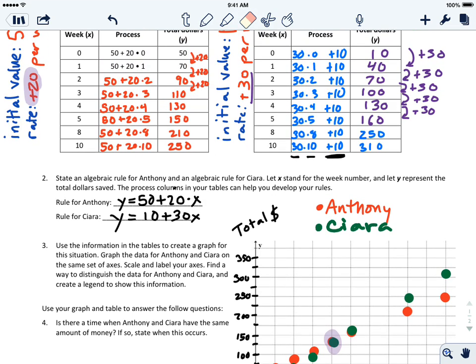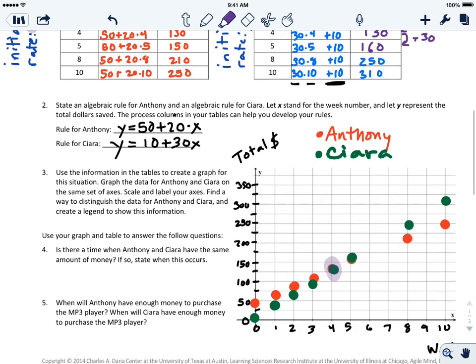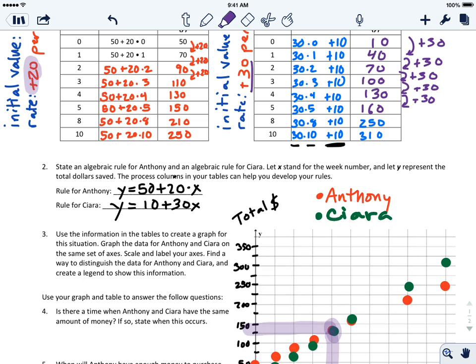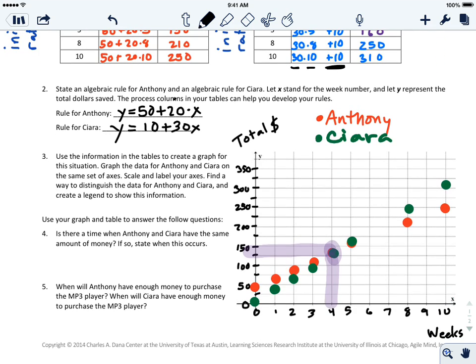So when I think about this table, I'm looking at the row. It looks like 4 and 130 is what I'm looking at. So 4, 130, and that's in the other table as well. And since they share that point, I'm going to say that they have the same